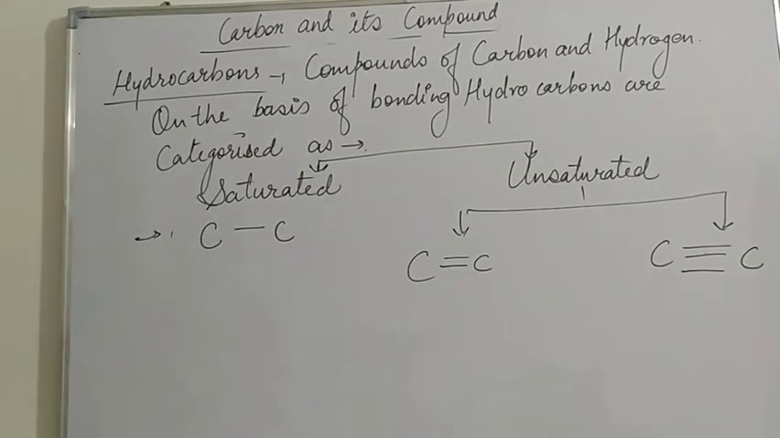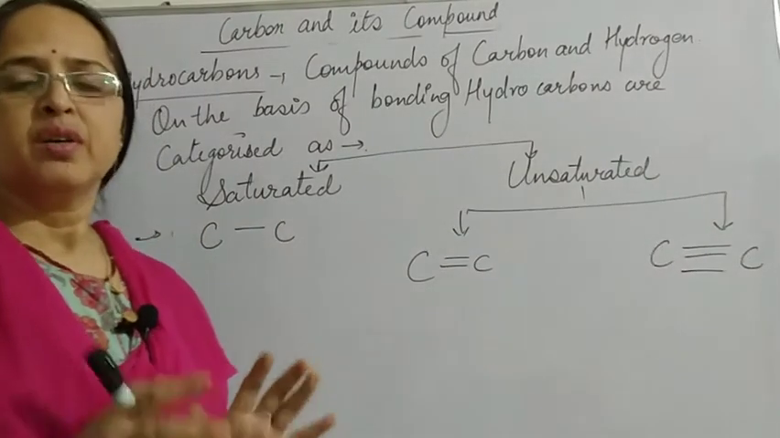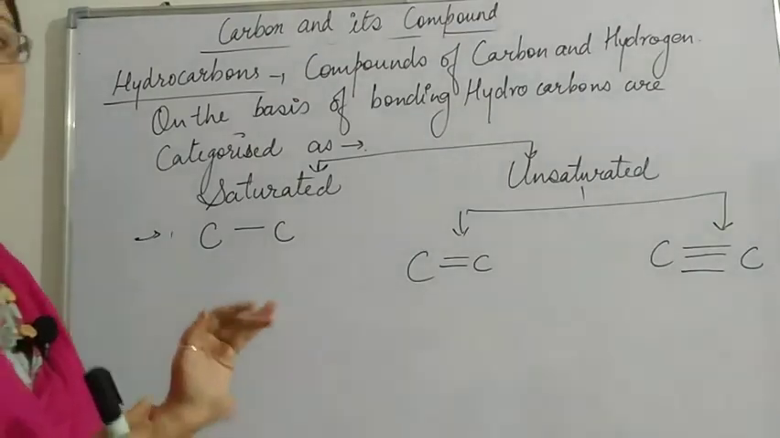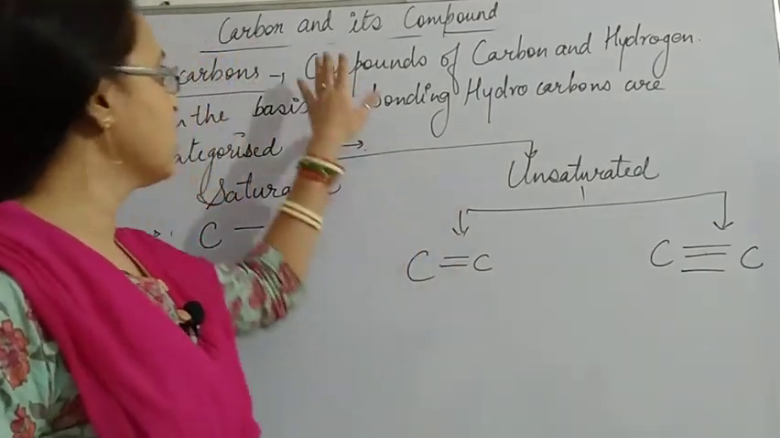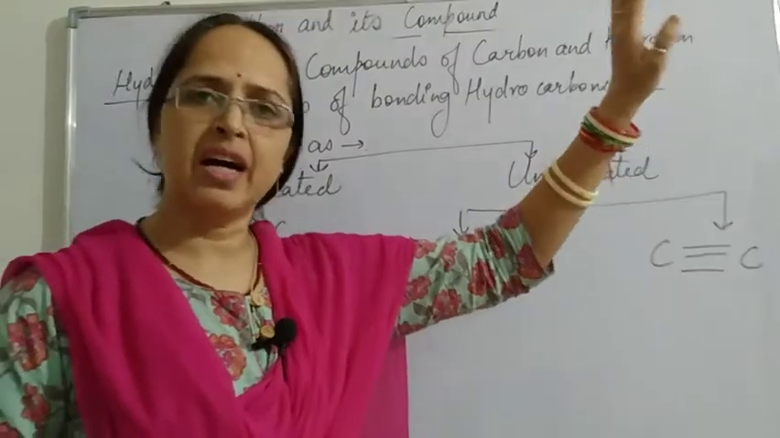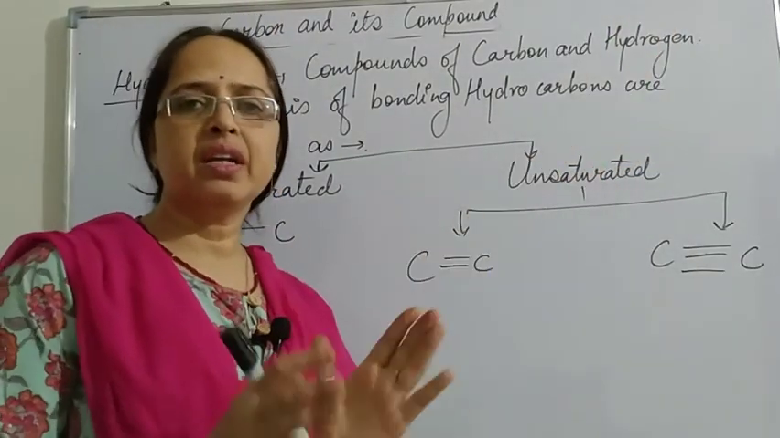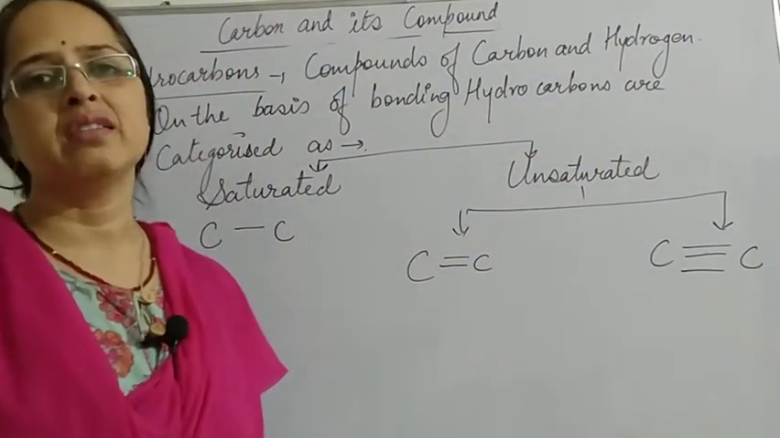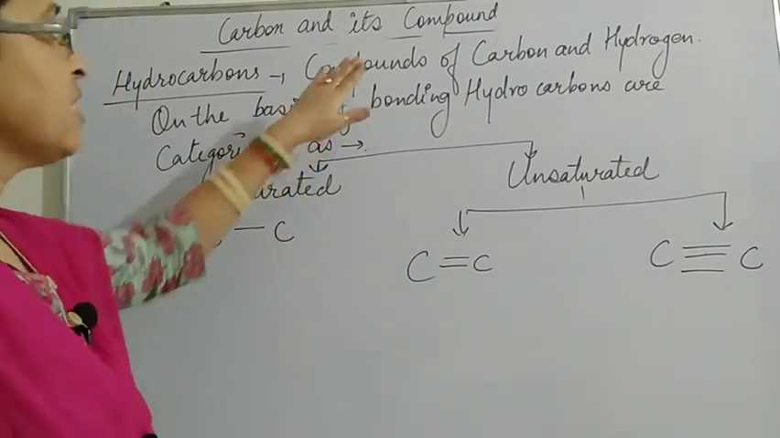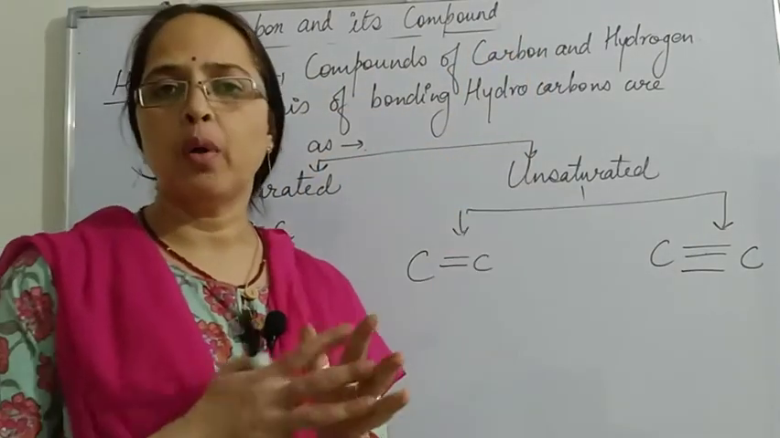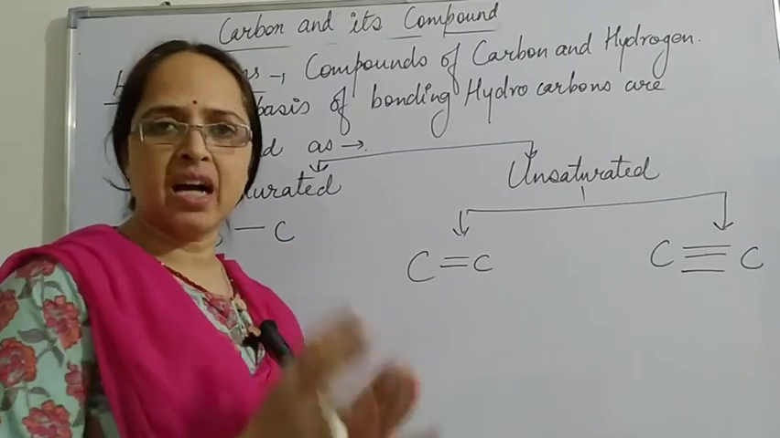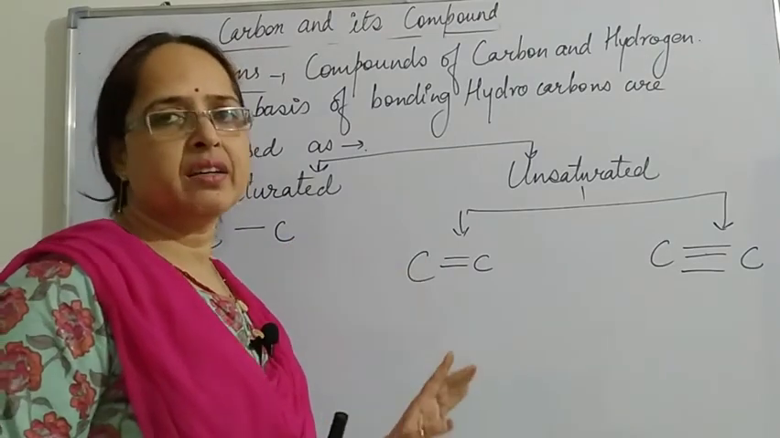Now here we are discussing hydrocarbons. Hydrocarbons are compounds of carbon and hydrogen. Where carbon and hydrogen are combined, they are called hydrocarbons. And these hydrocarbons, on the basis of the bonding between the carbon atoms, are categorized into 2